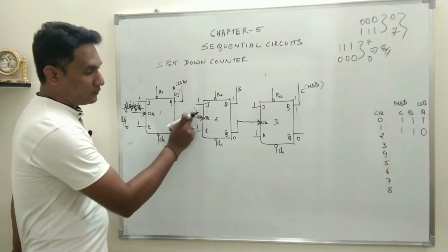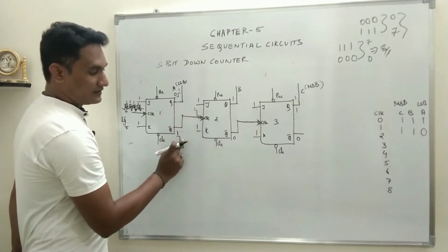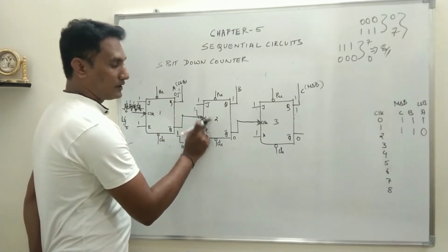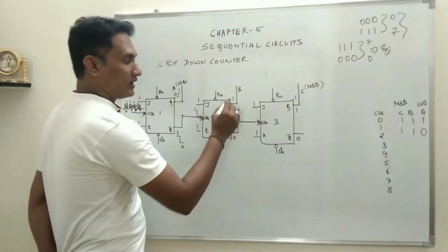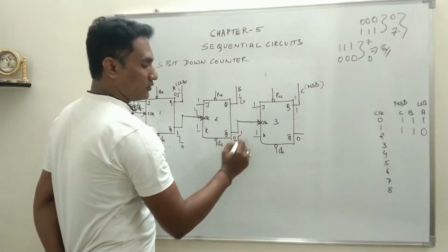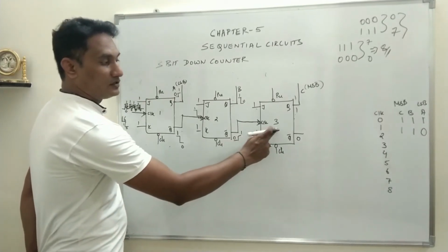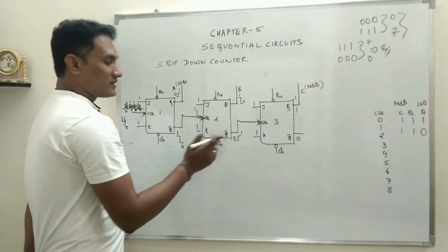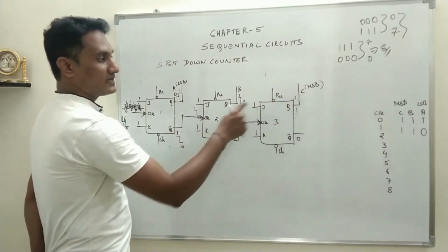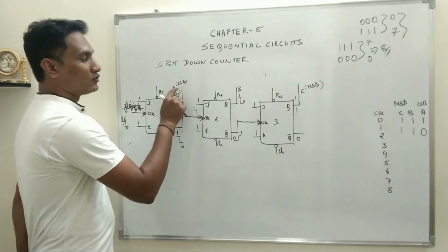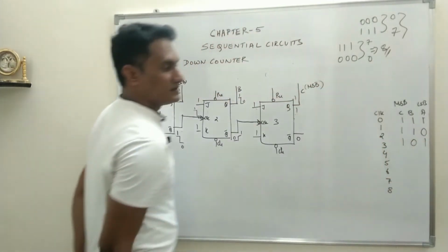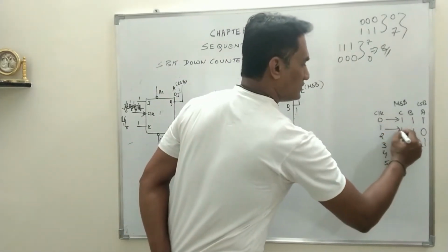Q bar will go from 1 to 0. As Q bar goes from 1 to 0, see the clock pulse. This is what is going to trigger the second flip-flop. So the second flip-flop gets the clock pulse. As J and K are 1, it will toggle. That means B will go from 1 to 0, but its Q bar will go from 0 to 1. Will that have any effect on 3? Of course not. So at the end of the second clock pulse, 1 and 2 change their state, 3 remains as it is. That means C remains as it is, B goes from 1 to 0, A goes from 0 to 1. So at the end of the second clock pulse, the state is 1 0 1. This is 0, this is 1, this is 2.